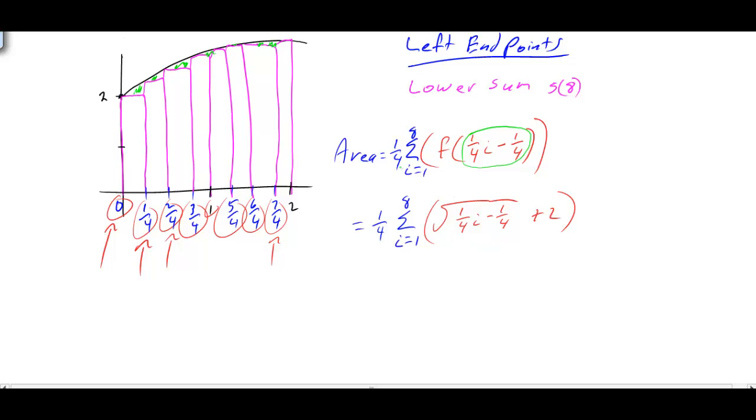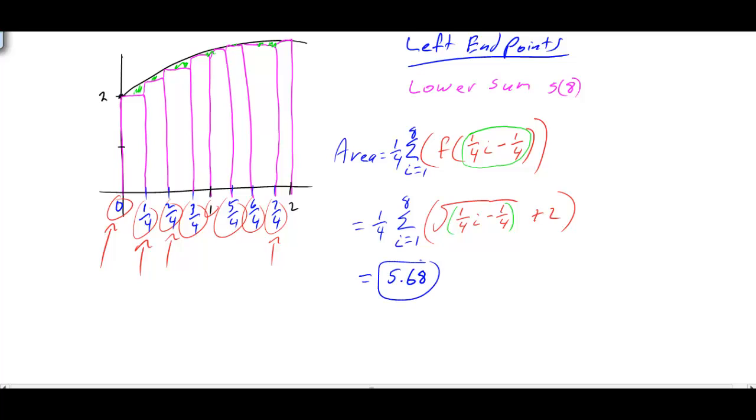Make sure that all of this 1/4 i minus 1/4 is underneath the square root and the plus 2 is on the outside. And make sure also when you finish the summation, or if you include it, that you don't forget the 1/4 out front,